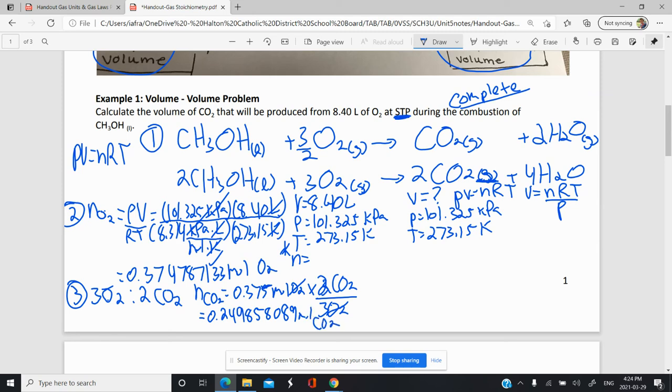Now, you don't have to write all those digits down. I just did that because I'm showing you what I have in my calculator still. I'm not rounding till the end. And now lastly, I can find my volume by taking my moles of CO2 and plugging it into this equation here. So volume is going to be my moles there,